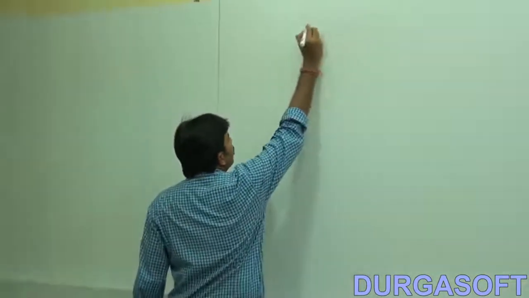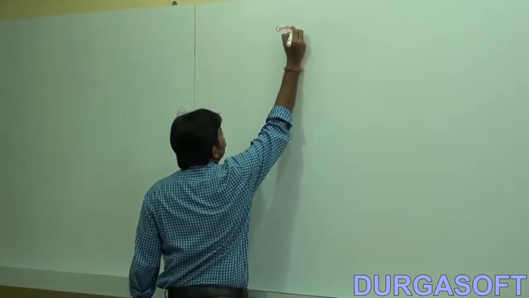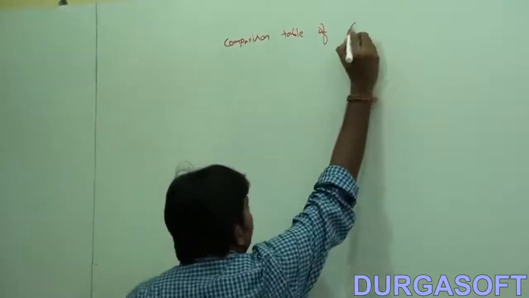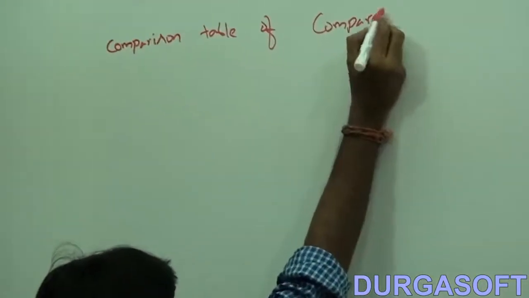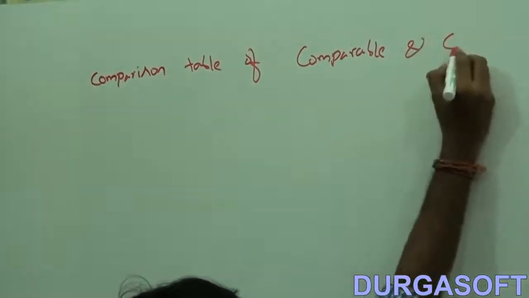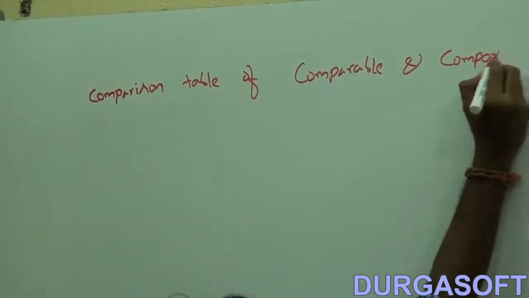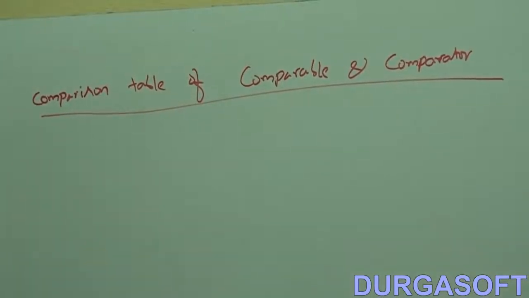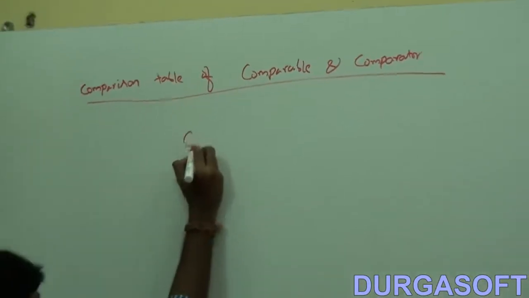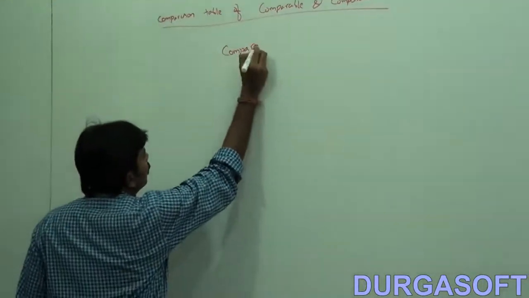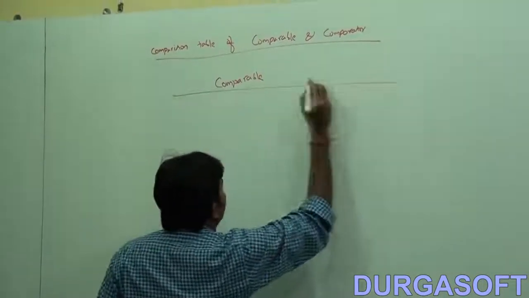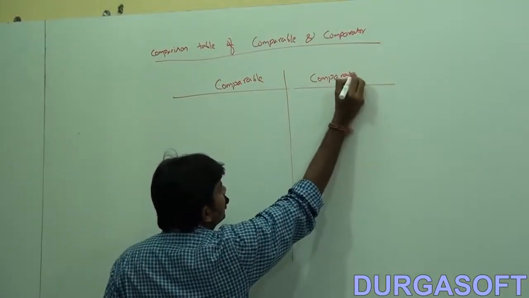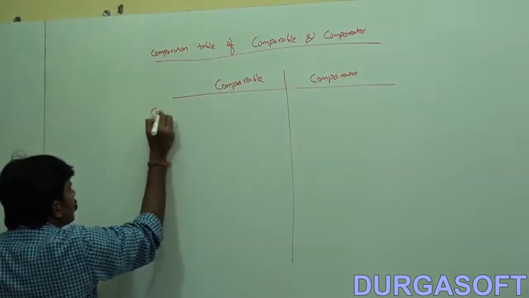Keep the subheading: comparison table of Comparable and Comparator, or we can use the term differences also. Comparable and Comparator. Here, just observe the first